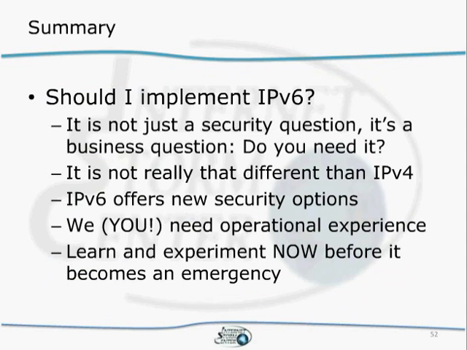You have to look at it similarly with IPv6. IPv6 does have some new security options. Like I mentioned, IPsec is now better integrated. You have this ability to separate your networks better. Inventory control is easier if you have less NAT. But you don't have the operational experience yet. So there are a lot of unknowns here, and you really need to start experimenting now before it becomes sort